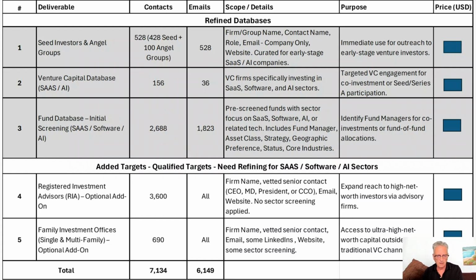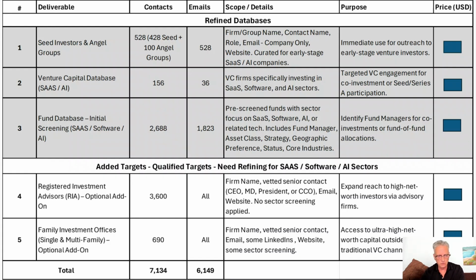And again, they're still going to have to do a little bit more research. None of these databases that I provided are what you would call databases that you're going to automatically send out emails to tomorrow. You've got to really do a little bit more research on them. But again, what I've done is saved you probably several hours and several $1,000s buying databases with stuff that you don't really need. Because remember, we started off with 99,000 funds and we've got it down to 2,600 and change. So that's a great database.